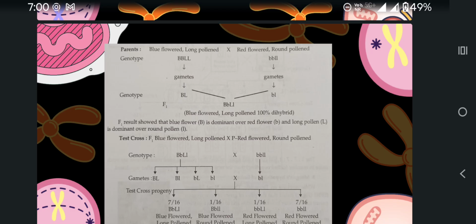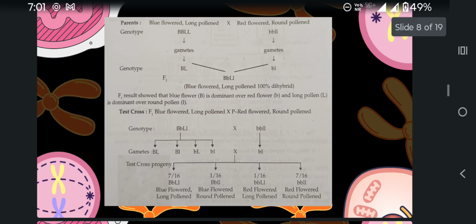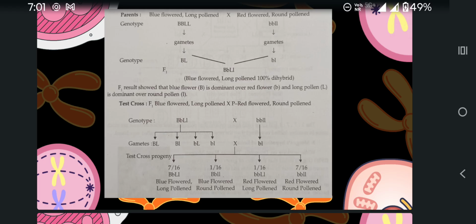In the test cross, the blue flowered long pollen hybrid is crossed with the double recessive red flowered round pollen. So the hybrid gives gametes capital B capital L, capital B small l, small b capital L, and small b small l. And the double recessive parent gives only one kind of gamete, that is small b, small l. So in test cross progeny, what we found is that out of 16, 7 are blue flowered and long pollen,